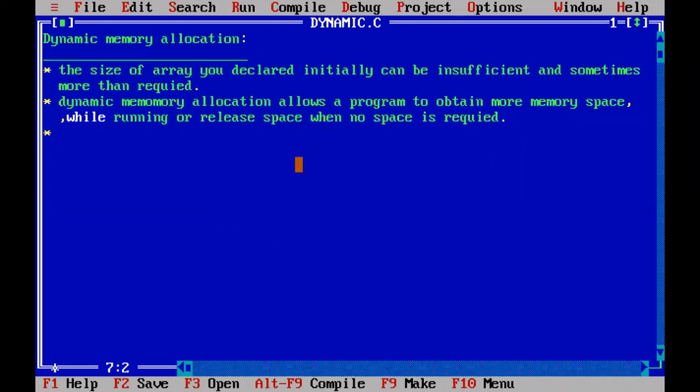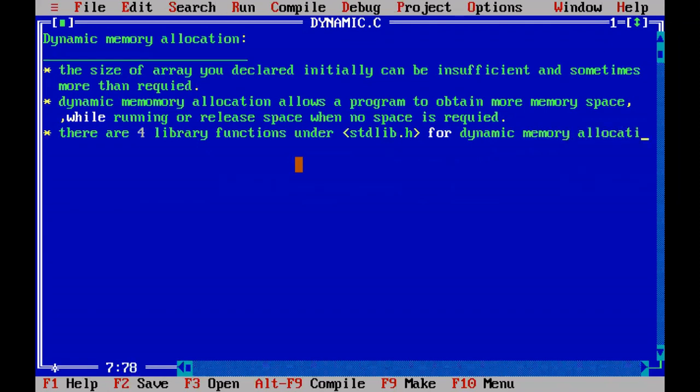The last point you write down: there are four library functions under stdlib.h for dynamic memory allocation. The first one is the malloc function.